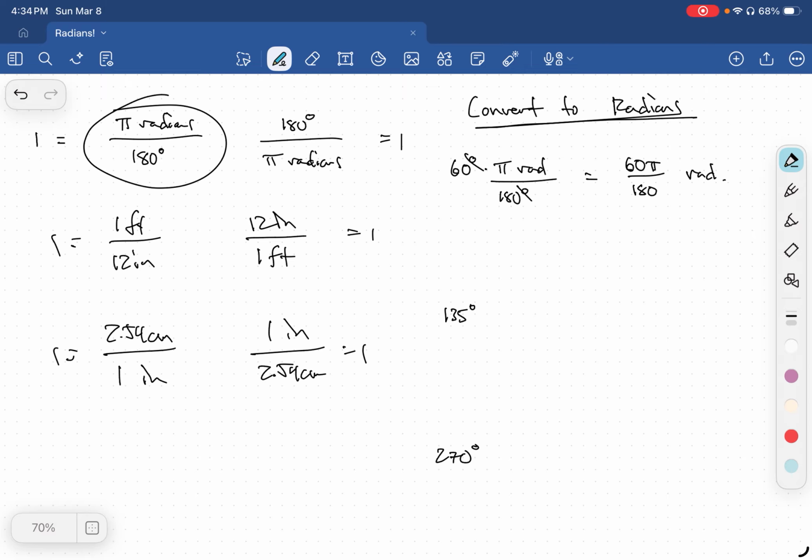Now we'd like to simplify that. So we will now simplify 60 over 180, which is just 1 over 3. So that ends up being pi over 3 radians. Now pi over 3, remember, is,